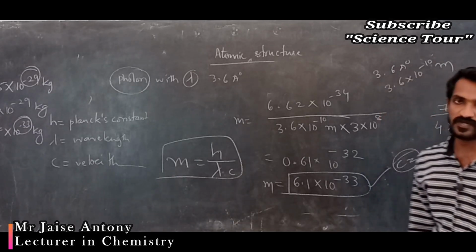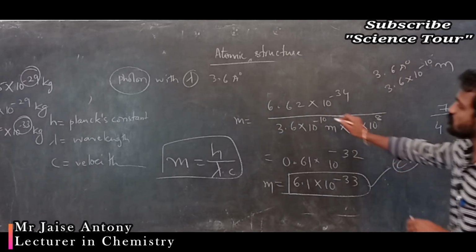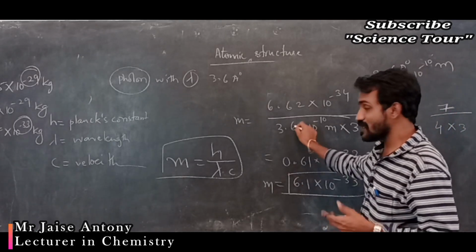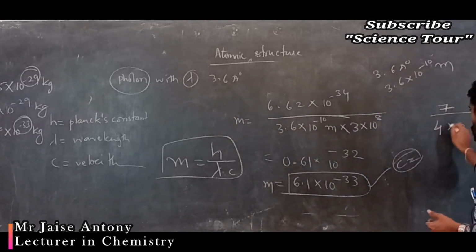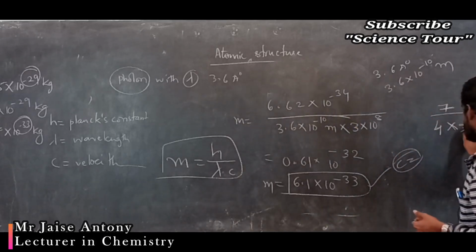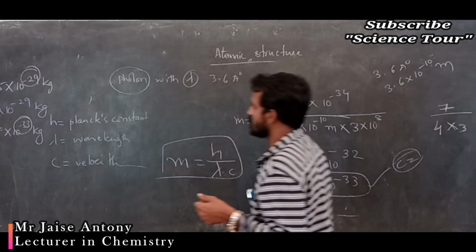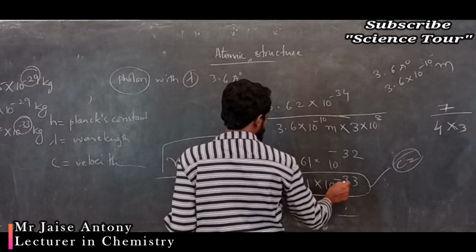So very simple, my dear students, the calculation part, because 6.6 is there, I will consider it as 7. Understood? 3.6 is there, that I will consider as 4. Into 3 is there, that I will consider 3. 7 into 7 divided by 12. 12, 7. How many times? 12. Here I will add 1 0. Here 0 point it comes actually. Here 6 times. Correct? 12 6 are 68. And it gives 0.61. That I can write like this: 6.1 into 10 to the power minus 33.